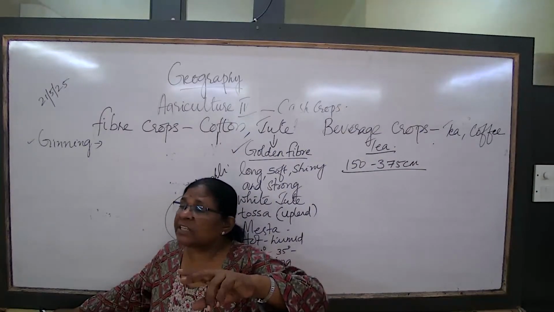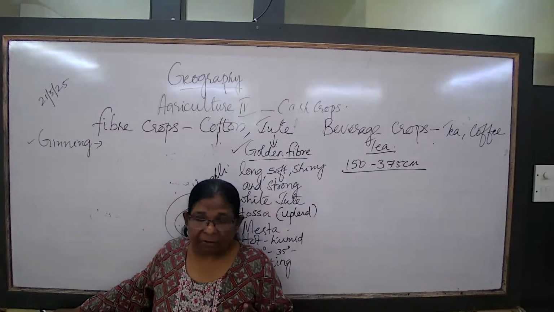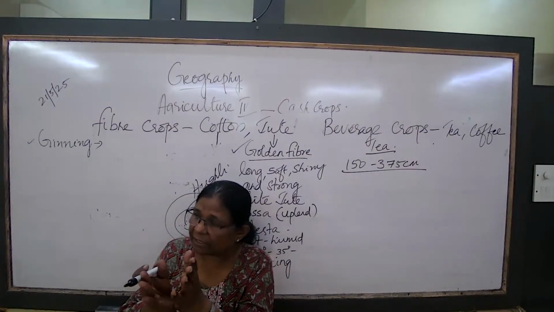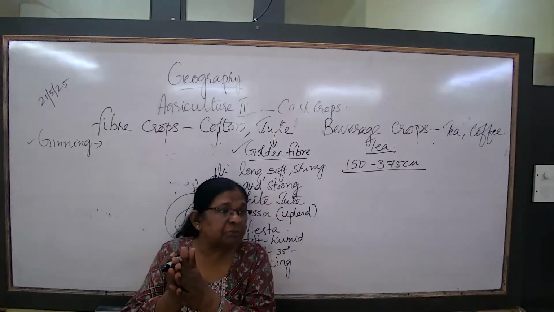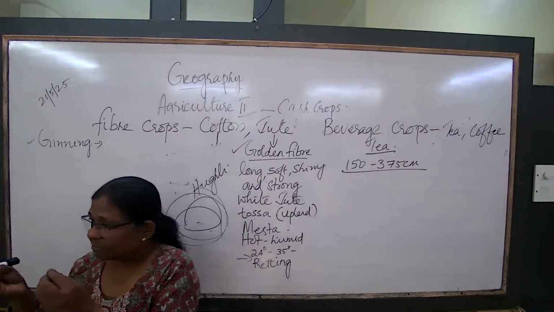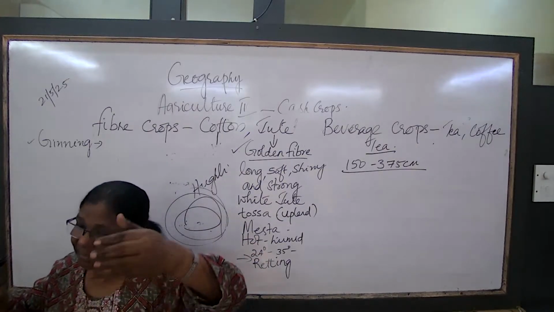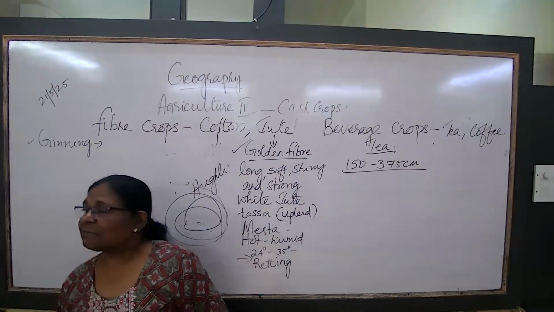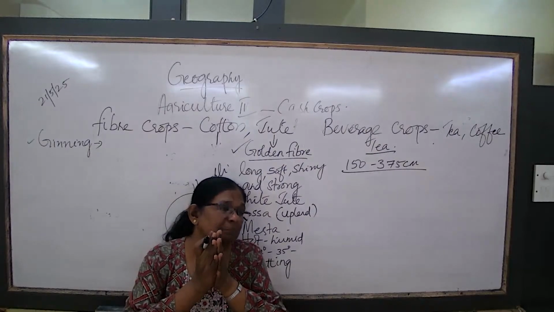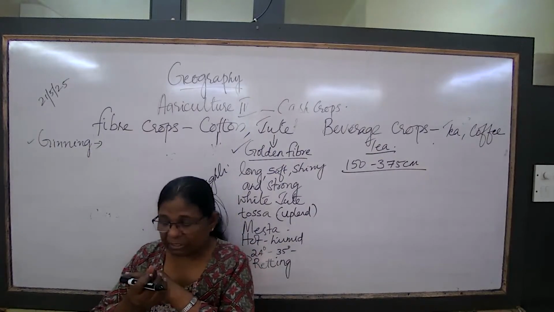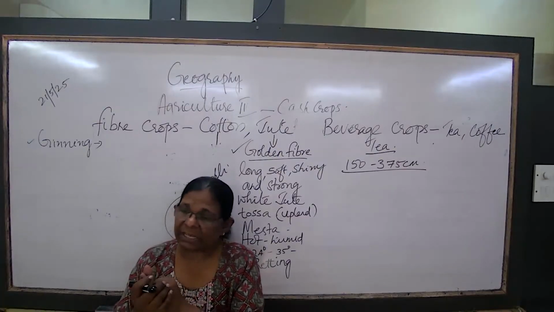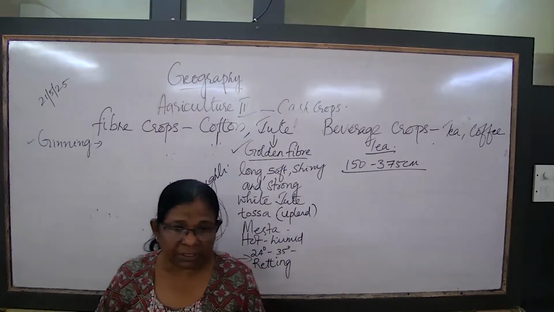See, the second method is the cloning method. What is that? From the high yielding varieties, that plant is cut and joined to another plant. From that cutting, when it is grown, it has the quality of the mother plant as well as the new plant. That way, cloning is the second method. So one is from the seeds, grown in the nurseries and transplanted. Second is the cloning method. Got the two methods?